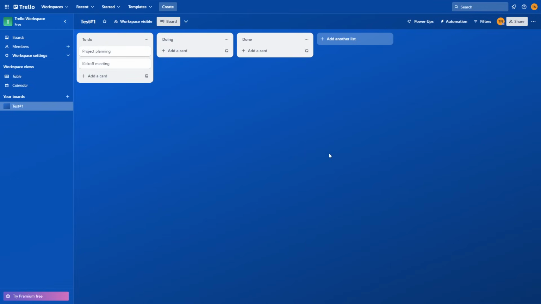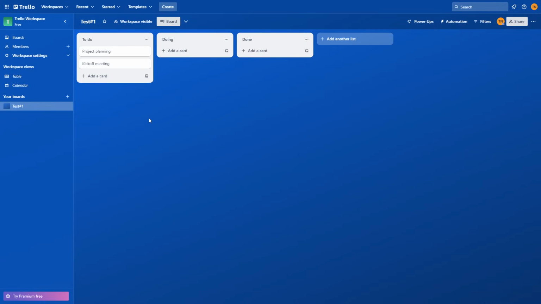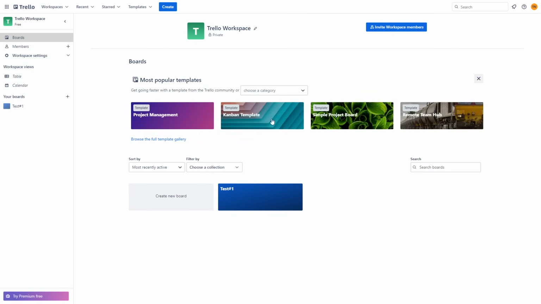So the workspace is really important because all of your team members are going to be in one of your workspaces. So you can see in this case, we only have one workspace and we can only have one workspace with the free plan. But if you have a premium plan, please be aware of this. So yeah, we now have our workspace, and if we click on our workspace, we can see that we're on the workspace